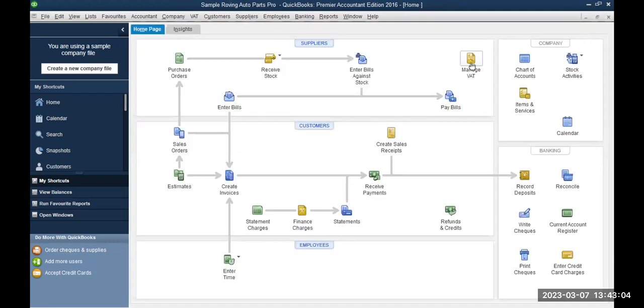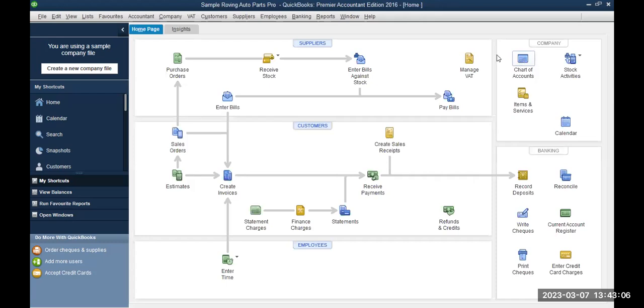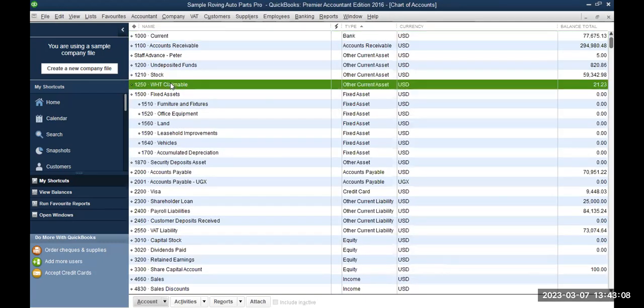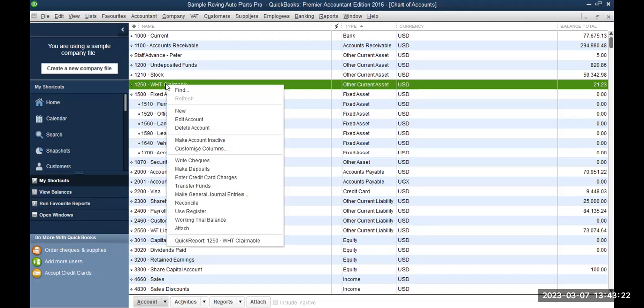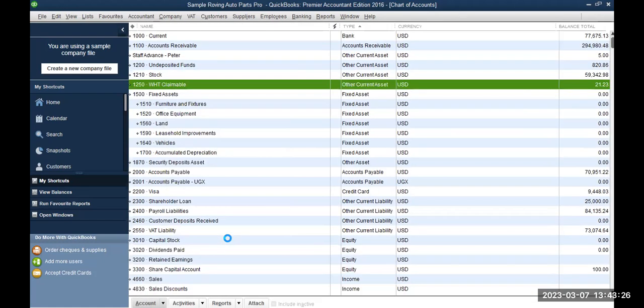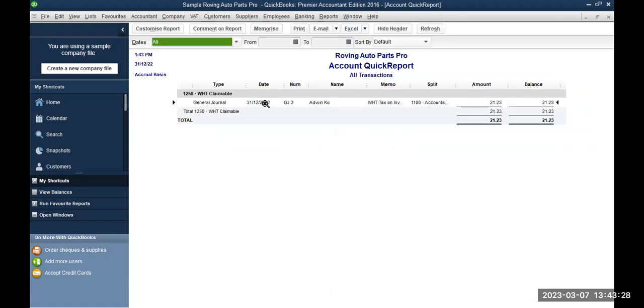Now, in our chart of accounts, if you go to the chart of accounts, you'll see the account withholding tax claimable. So here it is tracking for you all the withholding tax that is claimable. So at the end of the year, you can just come here and get a quick report on the list of all of these. We only have one that we've done for the example, but you can generate a list of all the withholding tax claimable, okay, to show you the period and the customer who withheld it from you,